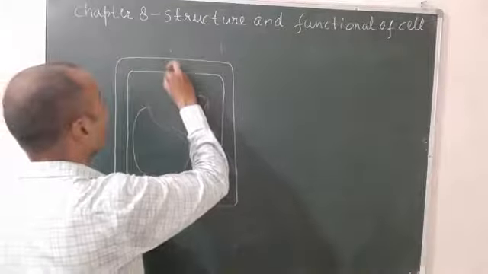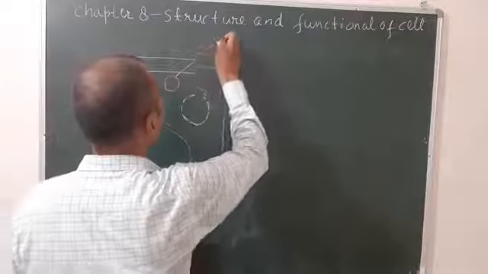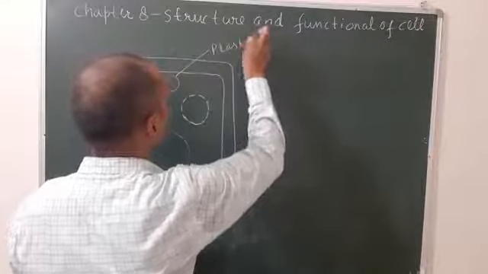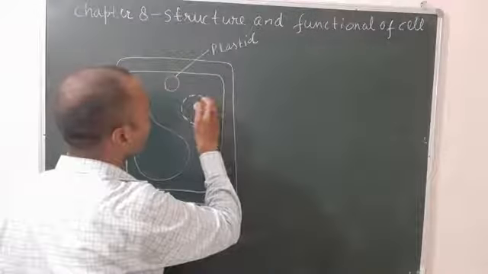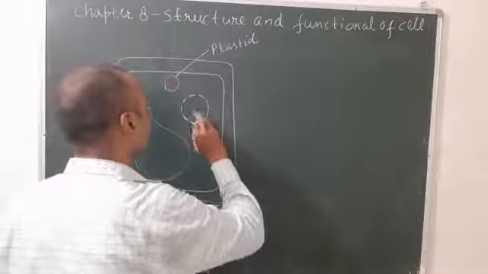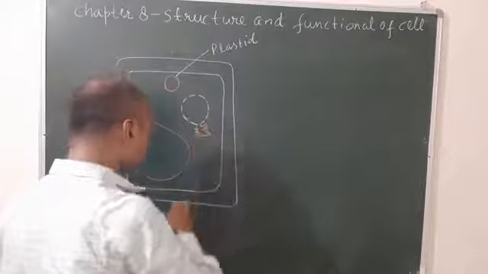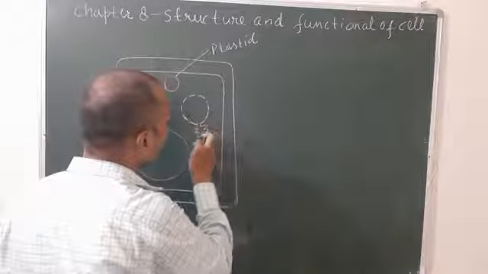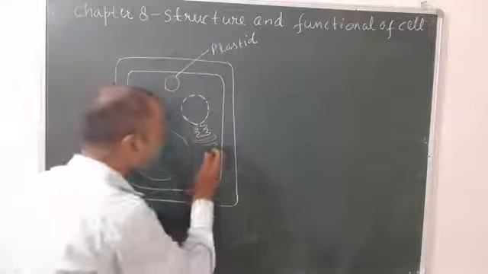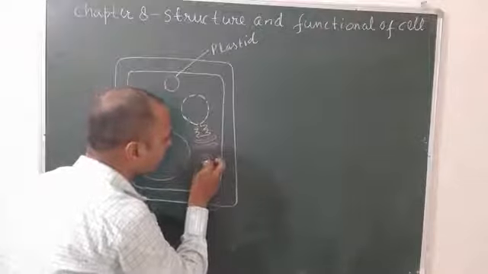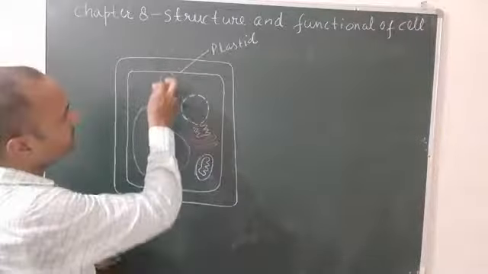Plants have a specialized cell organelle known as plastids. It is absent in animal cell. Plastids. Okay, plastid. Next, plants have a huge vacuole, and from the nucleus what is present? Endoplasmic reticulum and Golgi body. It is also found in the animal cell. This is endoplasmic reticulum and this is the Golgi body or Golgi apparatus, and mitochondria are also present. Mitochondria are present in both types of cell, either plant cell or animal cell. Okay, so this is the structure of plant cell.